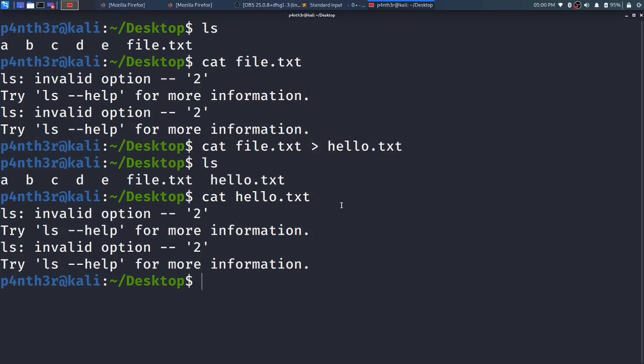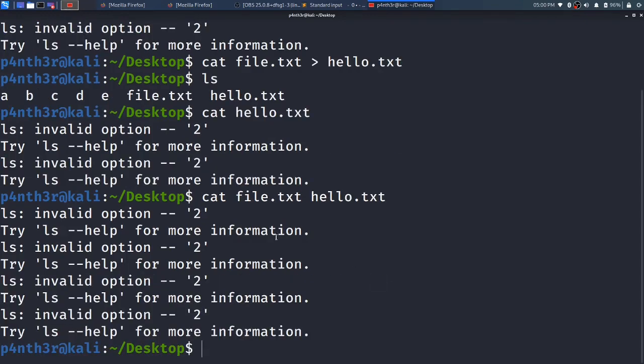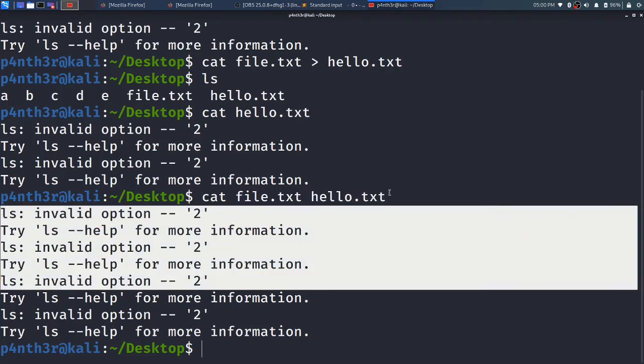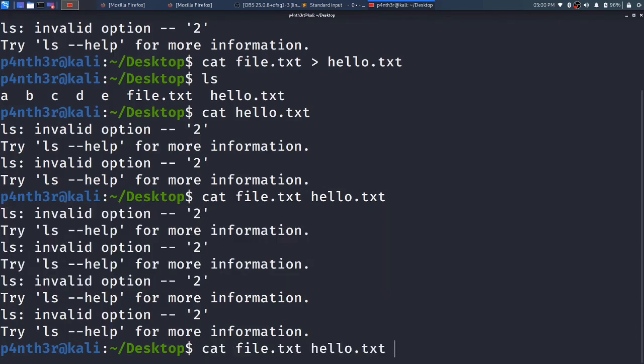Let me show you, if you want to see two files, cat file.txt and hello.txt. If you type cat file.txt and hello.txt and press enter, it will read from file.txt and from hello.txt and show the output. See here, it is showing both files' output. If I want to create one more file, let me give the file name.